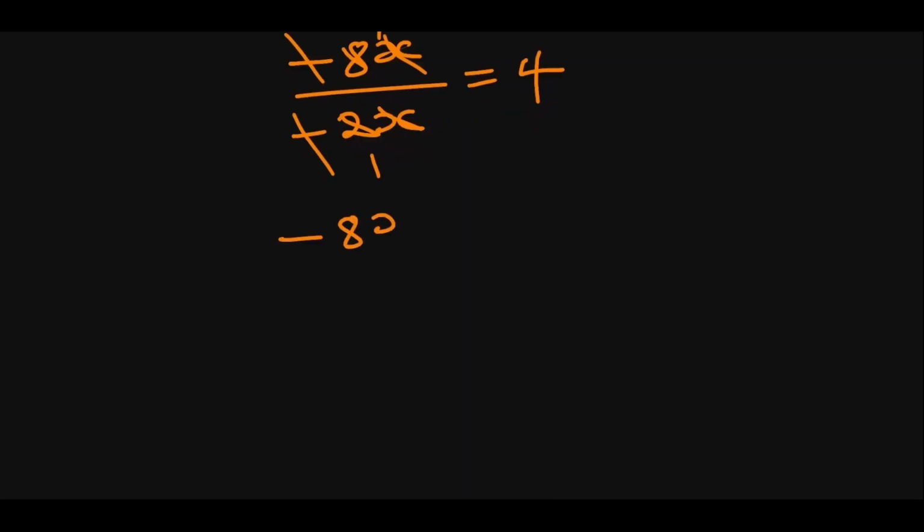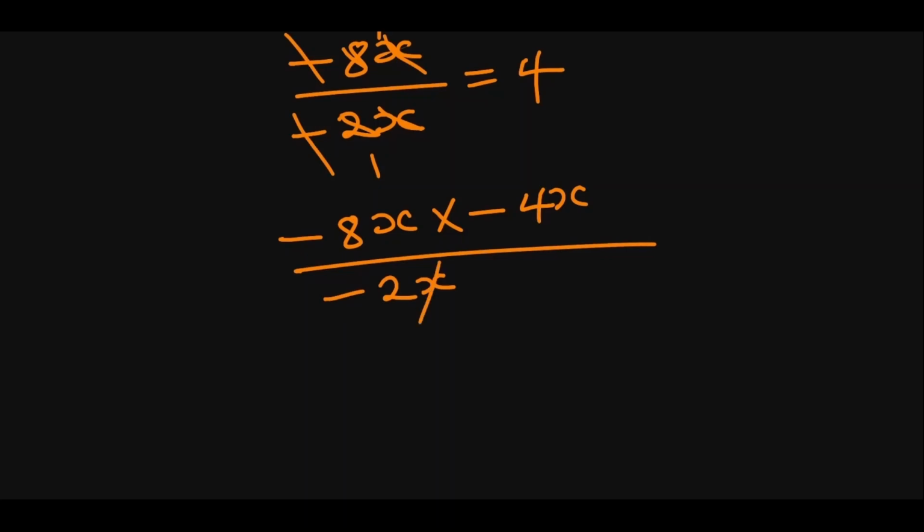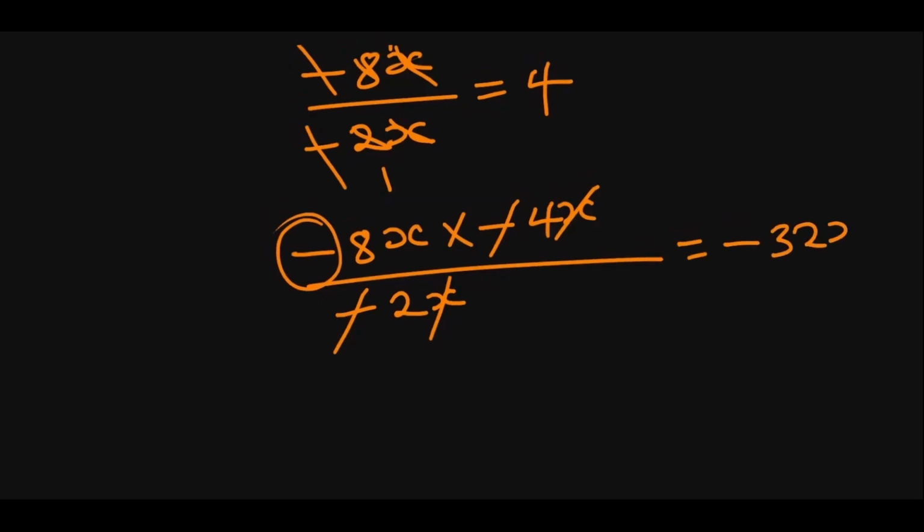For instance, if we had minus 8x, maybe multiplying minus 4x here, then under here you have minus 2x. Then obviously x will cancel x. This minus will cancel this minus. Your answer will still have this minus in it. So that will give you minus 32x. This is just to refresh our basic arithmetic. We will still talk about algebraic fractions in future lessons, but it's better to understand this for now.